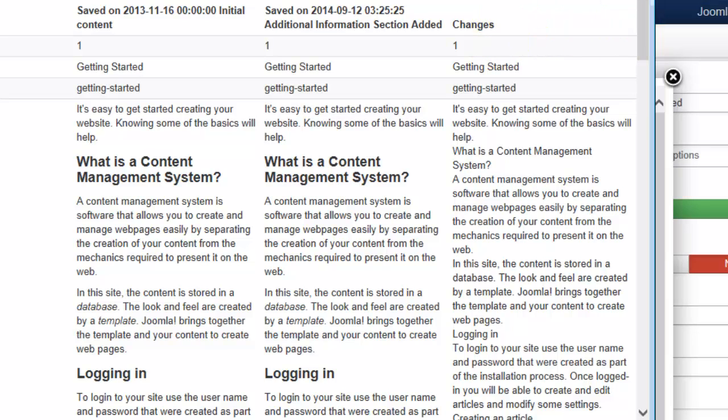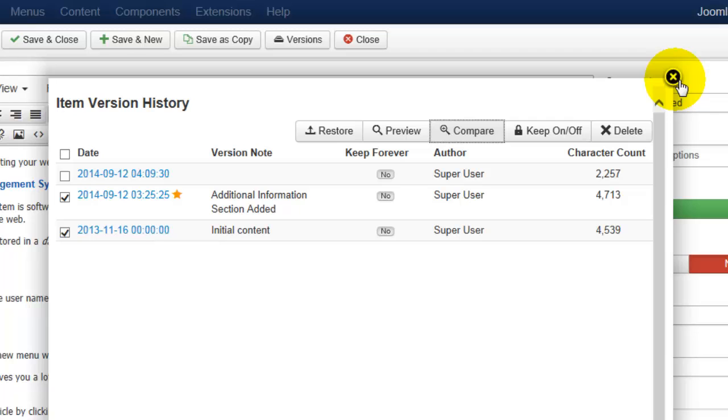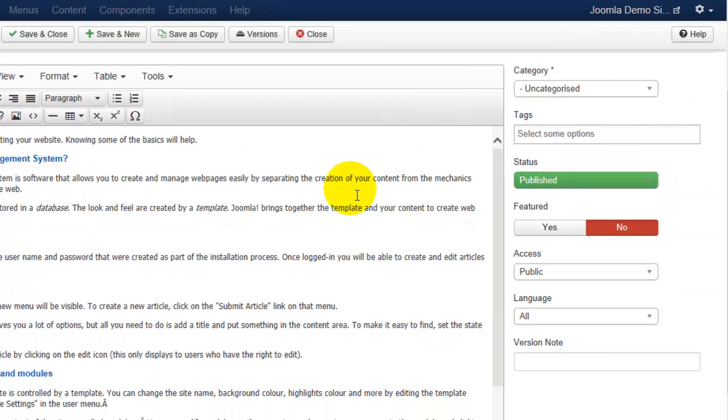Before clicking save, you can also type in a version note. So let's say I'm going to remove the logging in section. I can just make a quick note that that's what I'm doing in this version, and I can click save and close. So the next time that I go back into this article,